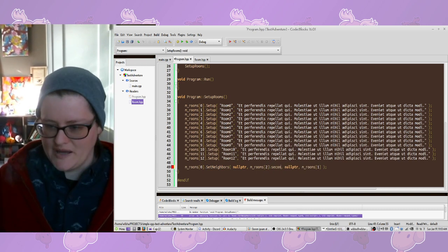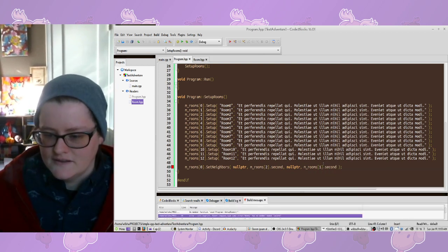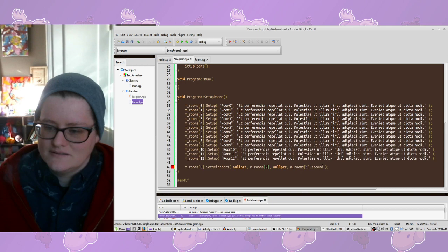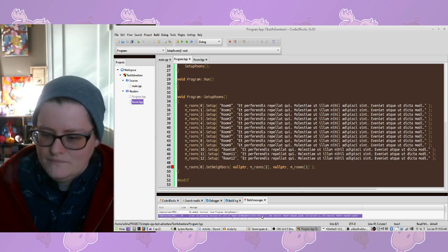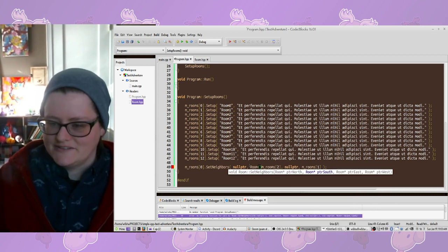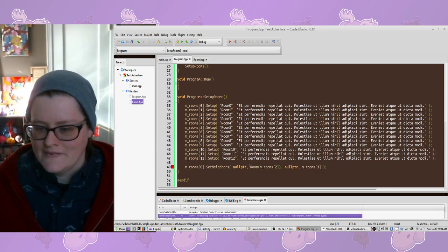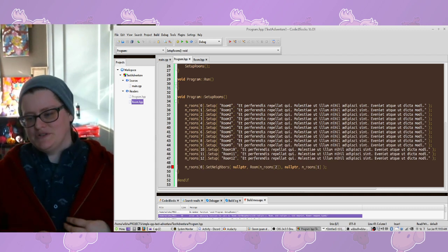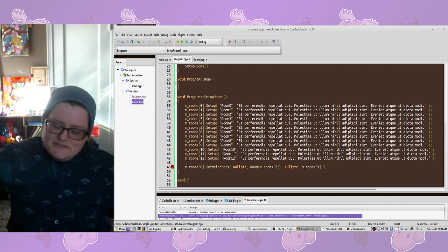Oh, and then since this is a map, we have to say like second. Right? Map type, struct room has no member named second. What are you complaining about then? Do I have to cast it or something? This is gonna be giving me trouble. Set neighbors, null pointer. Okay, well,